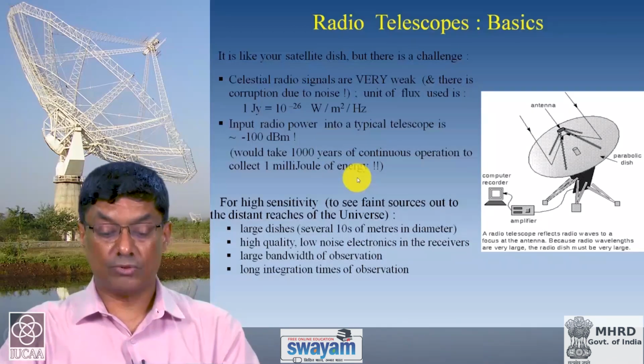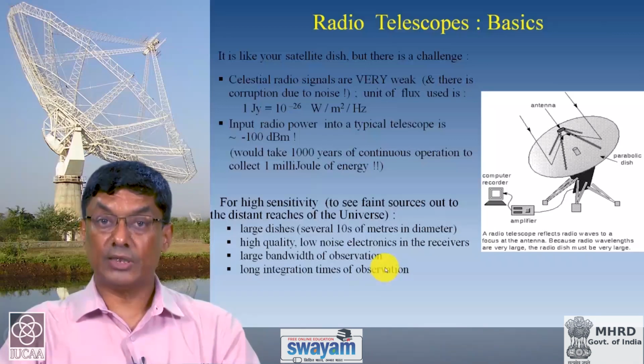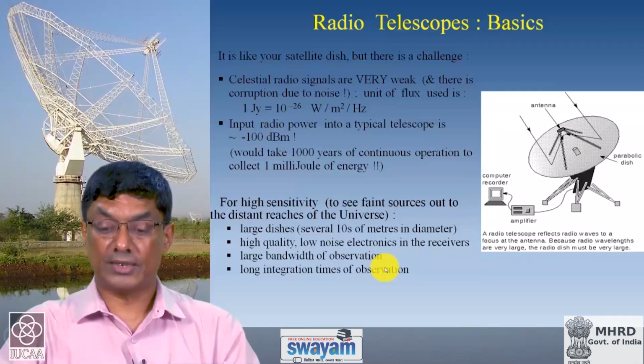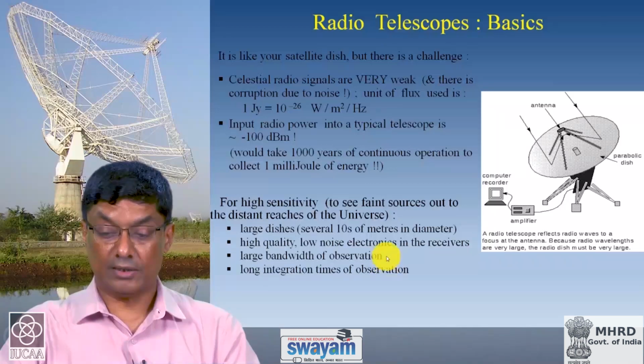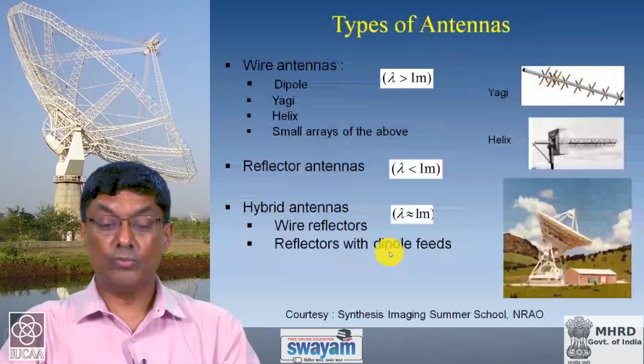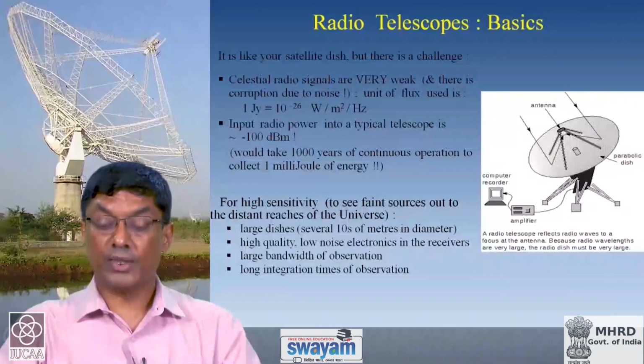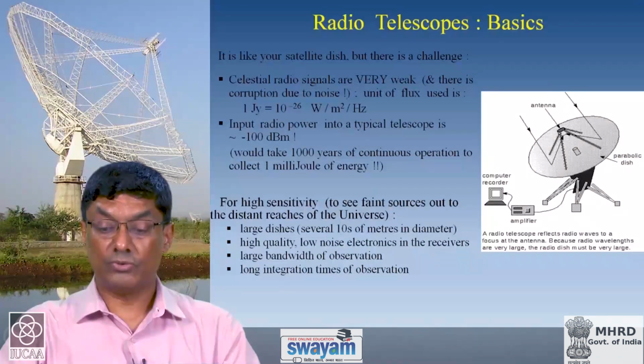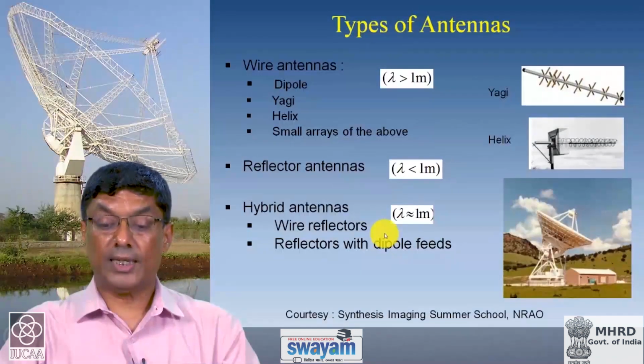So, you can improve the signal to noise by observing the source for long durations, and this is often done in radio astronomy. And we will see that it is also done for another reason when we come to the next issue, which is about the resolution. But before we go to resolution, we can have a quick look at the different types